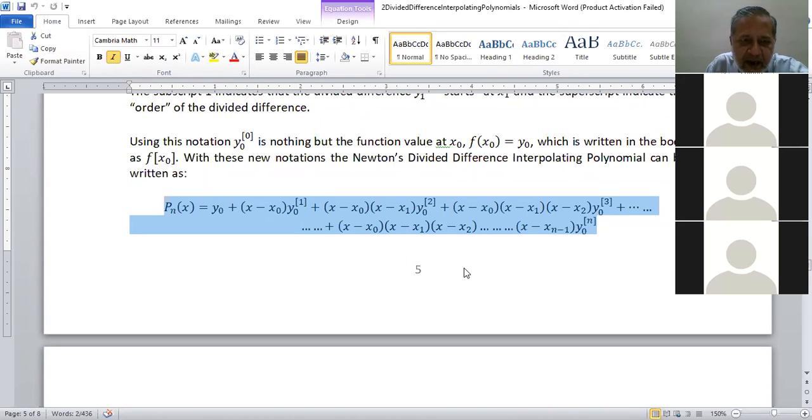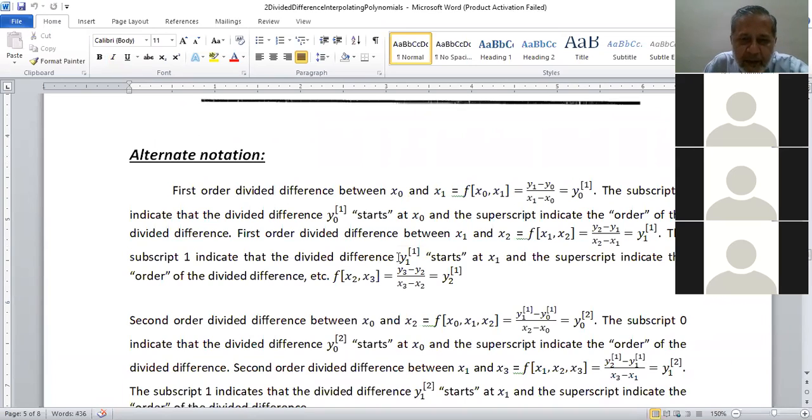Here this formula is highlighted for n degree polynomial. But this polynomial is based on